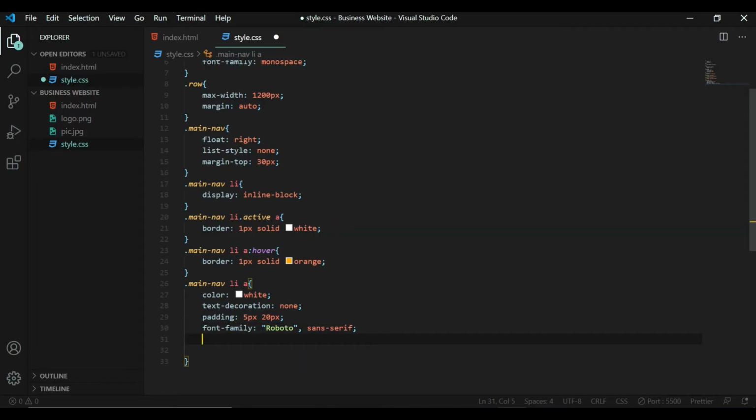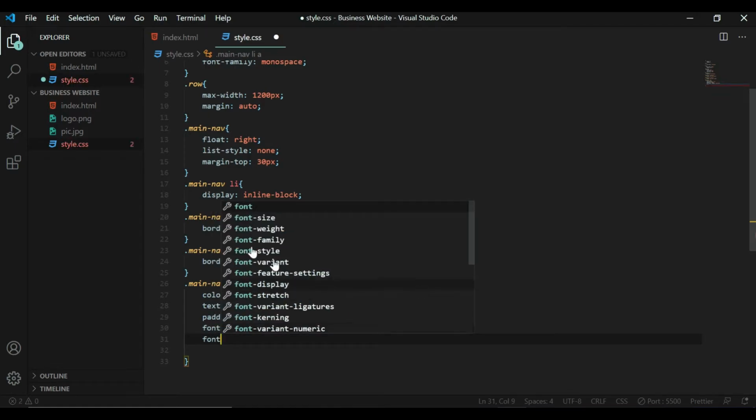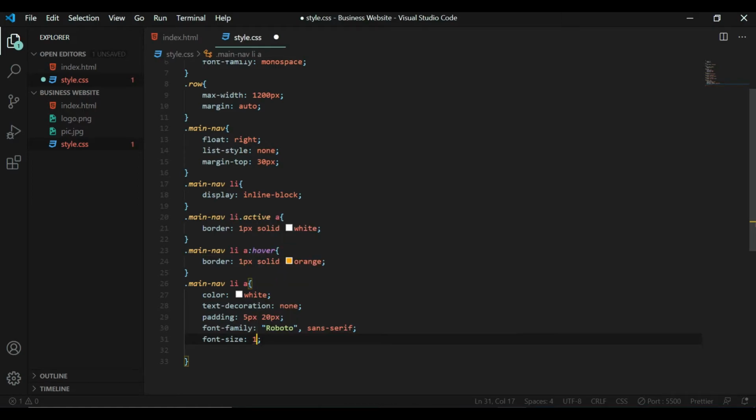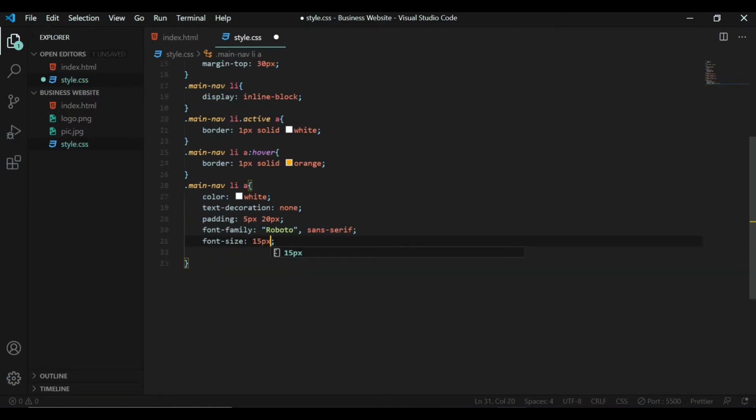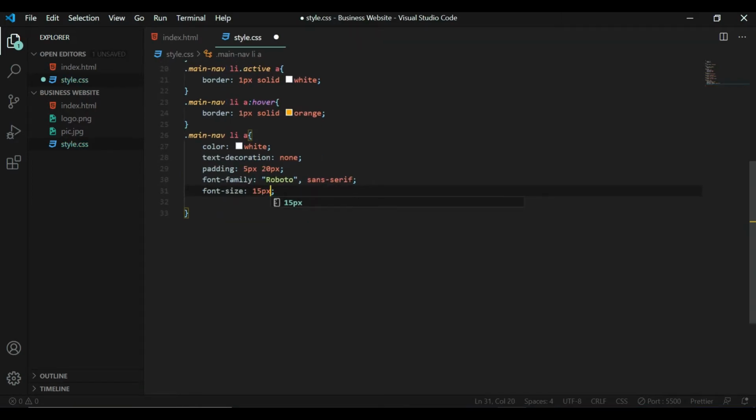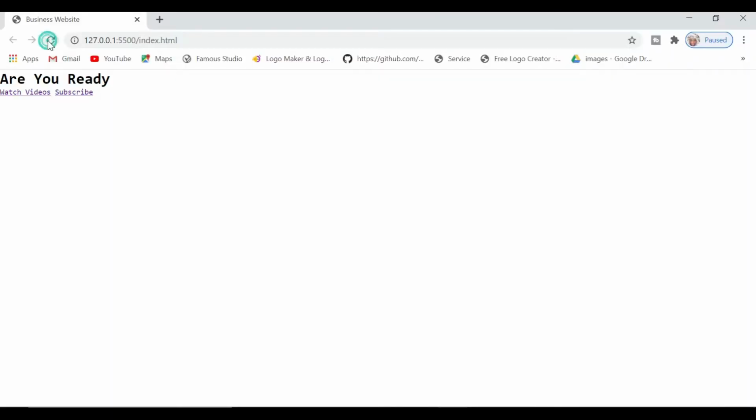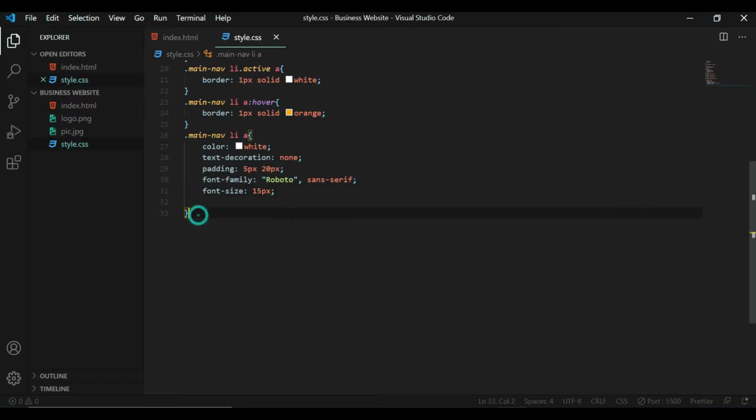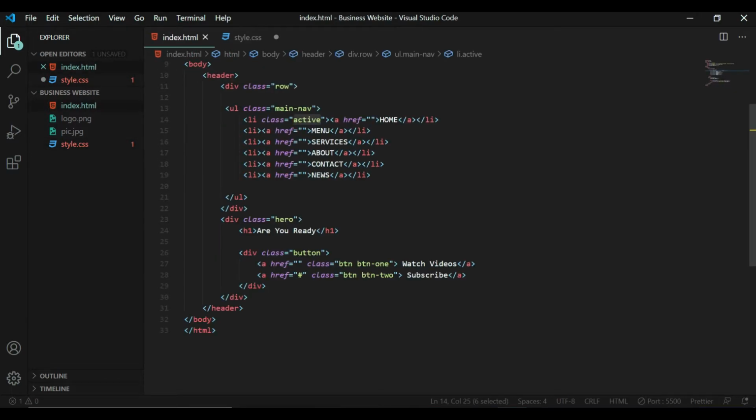Sans serif. Next I want to give a font size of 15 pixel. Now save this and refresh your browser. Get nothing. So what we can do now is copy this class hero